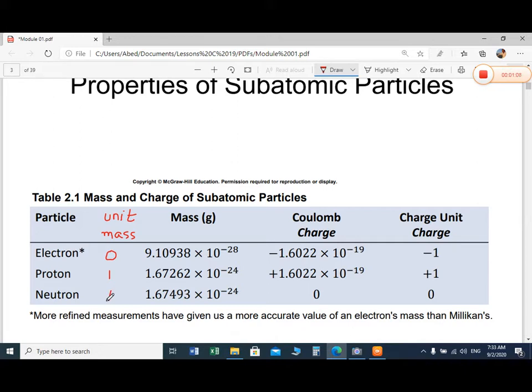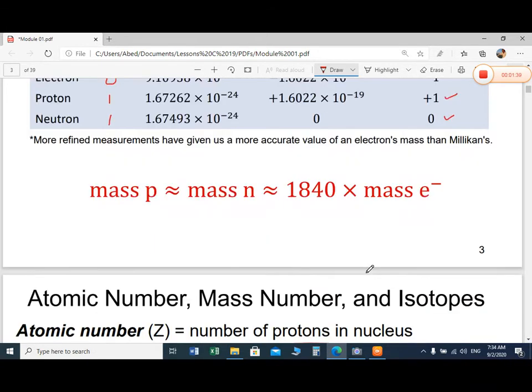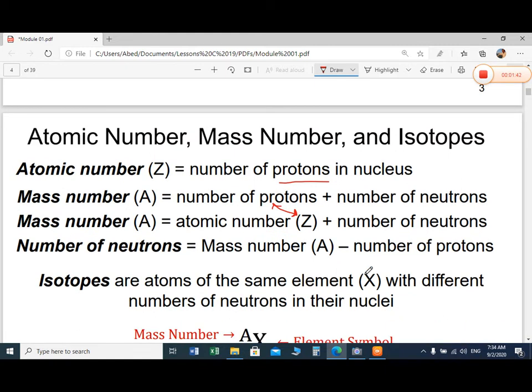And the charges of the electron, proton and neutron are given in coulombs, and that is for your information. But you will use the unit charge. So the charge of the electron is -1, the charge of the proton is +1, and the charge of the neutron is 0. This is the basic information about the atom that you will need to understand the atomic number, mass number